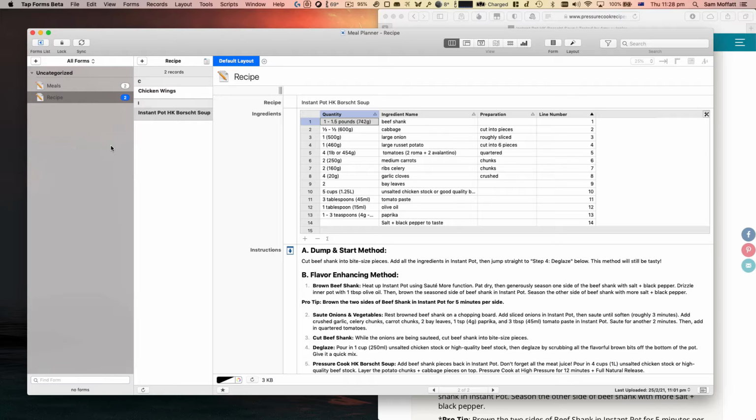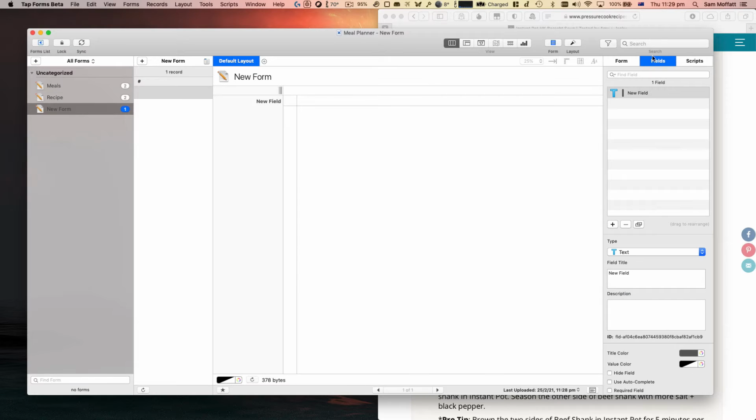And what I want to do is figure out how I can create a script that adds the ingredients to my shopping list. And I'm going to actually make this a little more complicated than perhaps it needs to be, because what we're going to do is two forms. So what we're going to have is